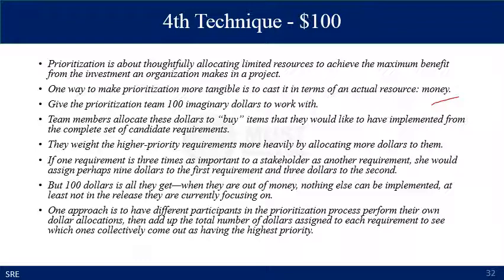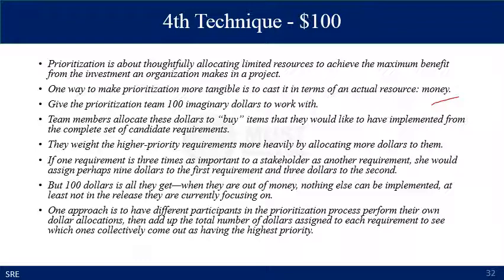They weight the higher priority requirements more heavily by allocating more dollars to them. If a requirement is 3 times as important to a stakeholder as another requirement, they would assign perhaps $9 to the first requirement and $3 to the second requirement. But the upper limit is the $100 and they have to invest $100 on all the requirements. So when they are out of money, nothing else can be implemented, at least not in the release they are